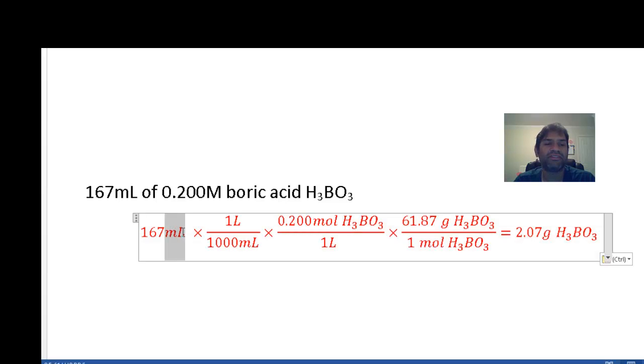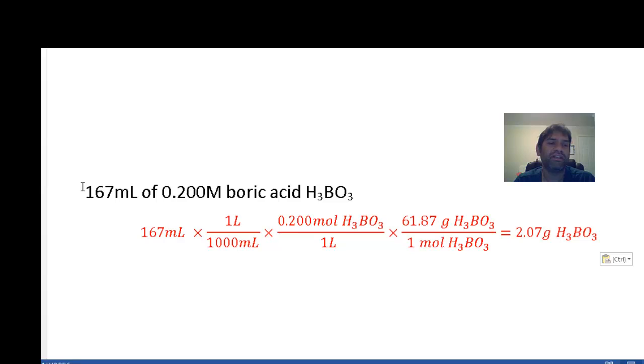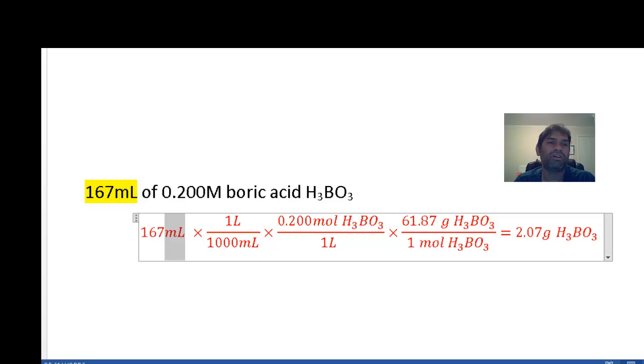So 167 mLs is what we're starting out with. Let's go ahead and highlight that in yellow. That's what we start off with. We'll convert that to liters, knowing that 1 liter is 1,000 milliliters. And we know that 0.200 moles per liter is the same thing as 0.200 molar, and that allows us to cancel out the liters. And the moles of boric acid will cancel out